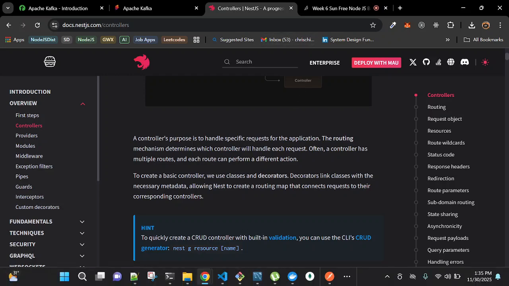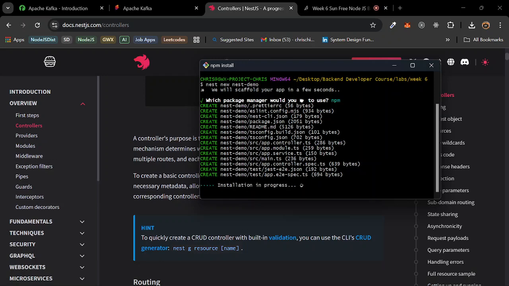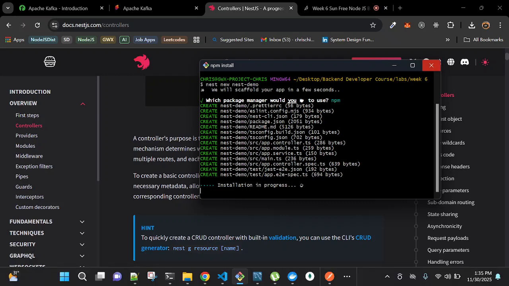So let's see if our project is fully installed. I think this is causing a problem here. I will stop it and install the packages myself.